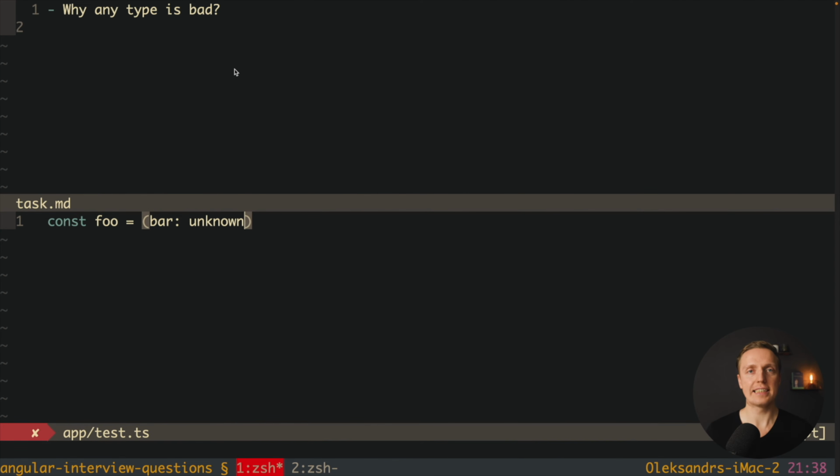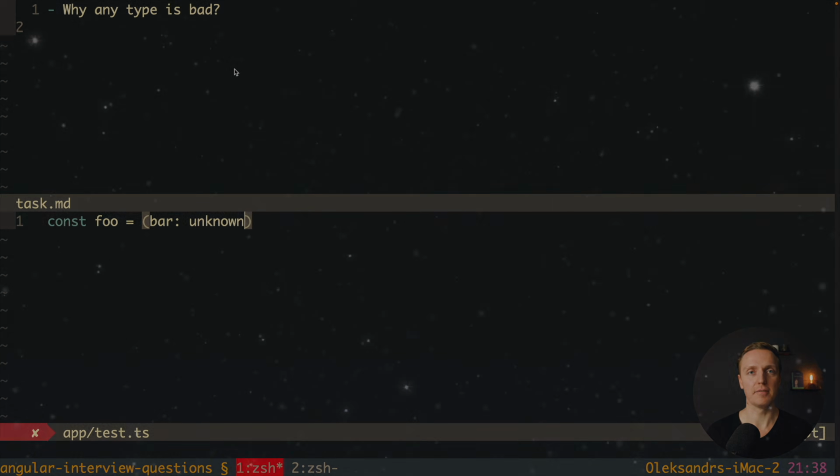Which actually means the usage of any inside any application must be super limited. And it is quite easy to understand how bad a TypeScript application is. You can simply open a new project, maybe in your new job, and just try to find all usages of any. And if you see in a huge project like 2000 usages of any, this is not a safe project. But if you see like 5 or maybe 10 occurrences in the whole project, then this is totally fine and this project is safe.